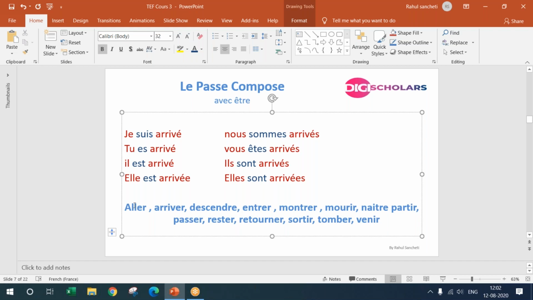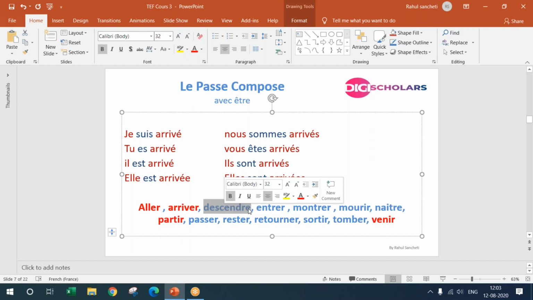So the first verb here is aller, to go. Okay, and what would be the opposite of this in English? To go is aller. Yes, Amreen, correct. So venir, you see here, is to come. So now we have completed two verbs. Aller is to go, venir is to come. Arriver is to arrive. What will be the opposite of that? To depart or to leave, yes. So partir is that verb.